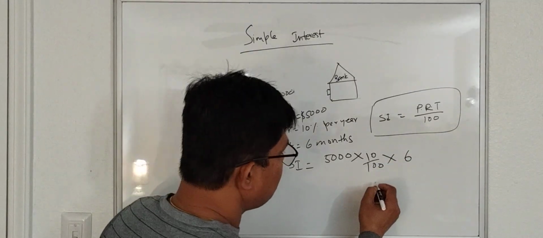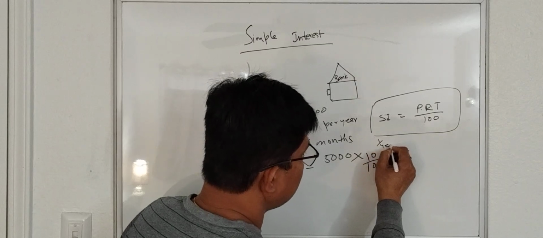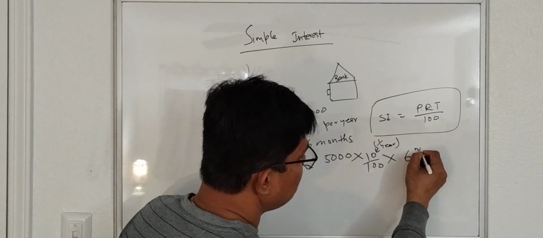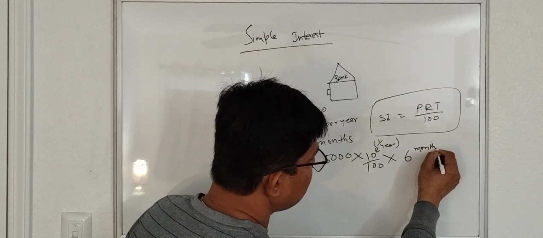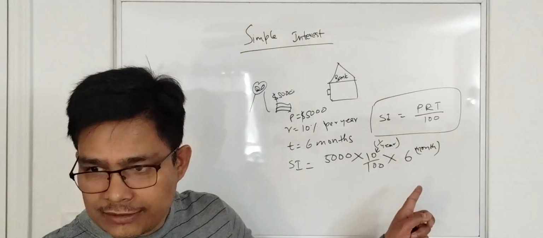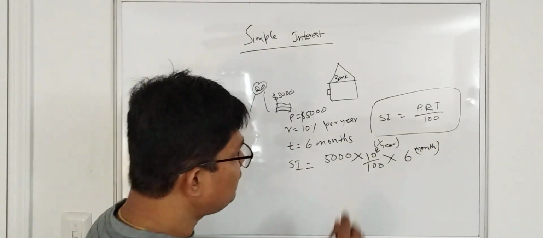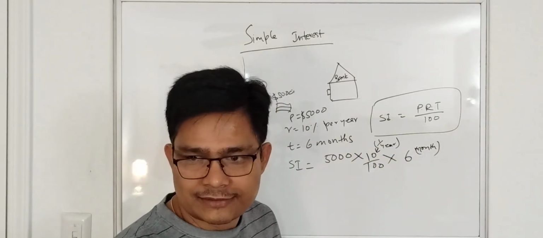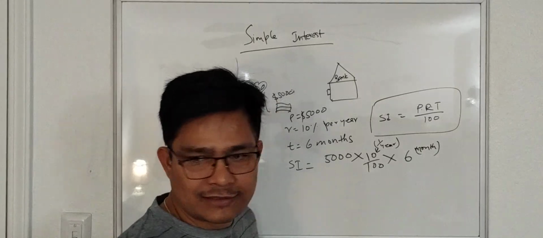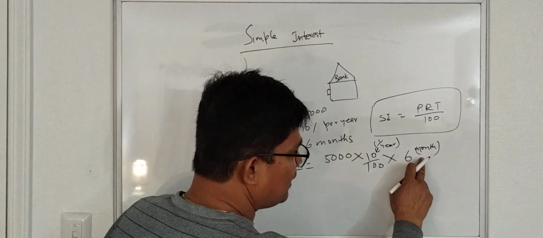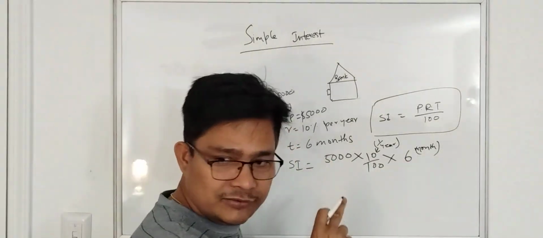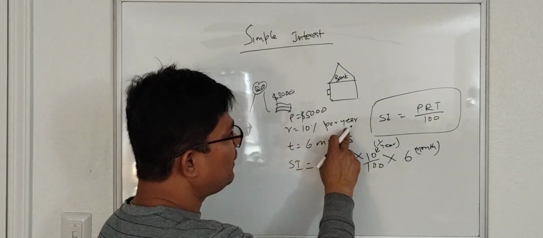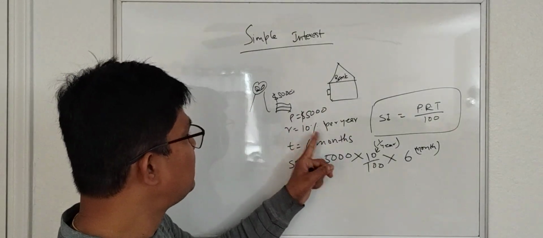This is per year, 1 by year, this rate here. This is in months. Can I multiply by 6? Can I do that? No, because year has to cancel, and year and month cannot cancel each other. So I have to convert 6 months into year, or I will convert this 10% per year into percentage per